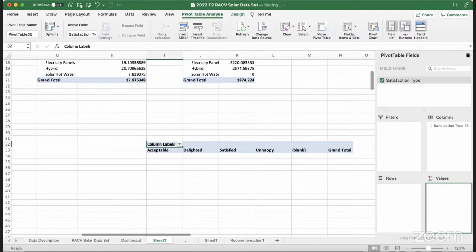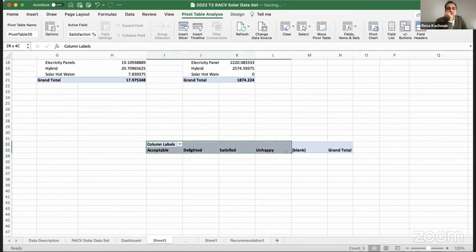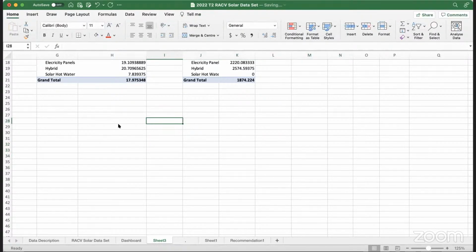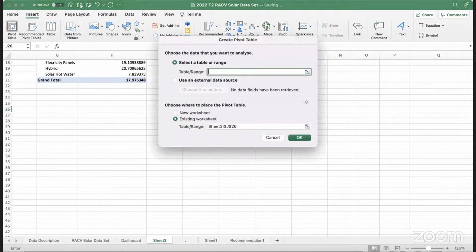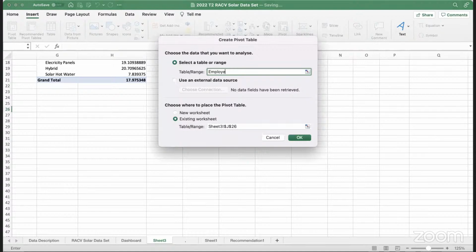Maybe I'll just quickly demonstrate. For example, right here, I would like to create a pivot chart. I'll quickly create one to show you the issue.